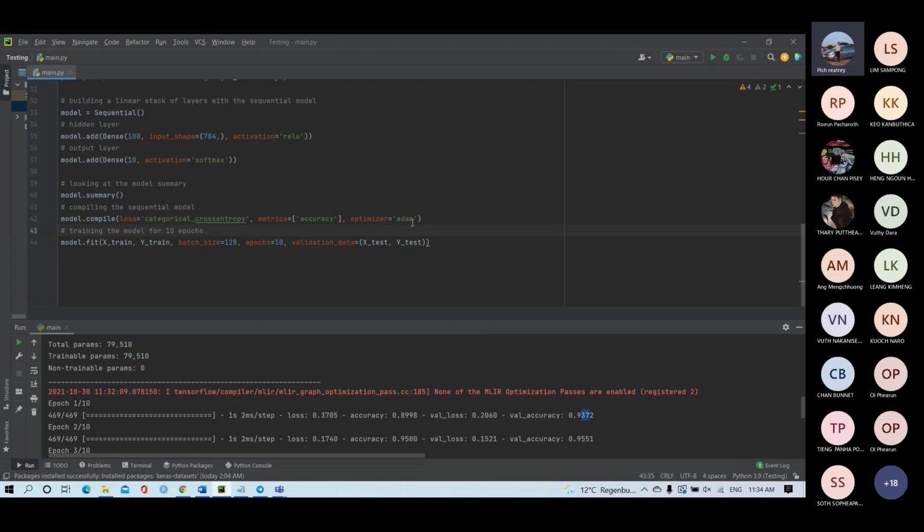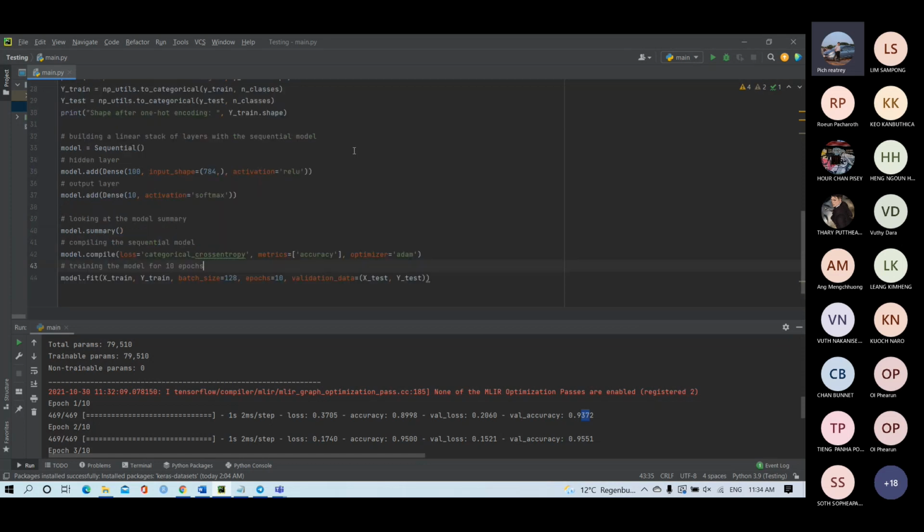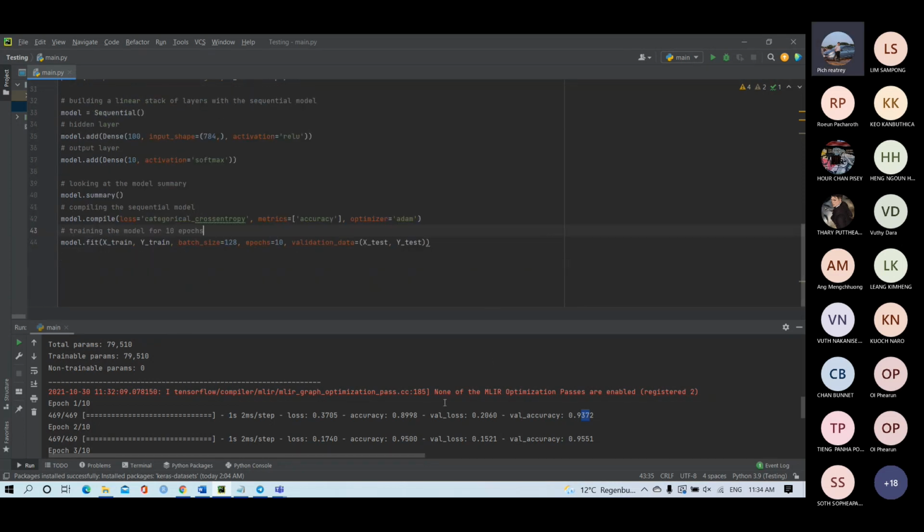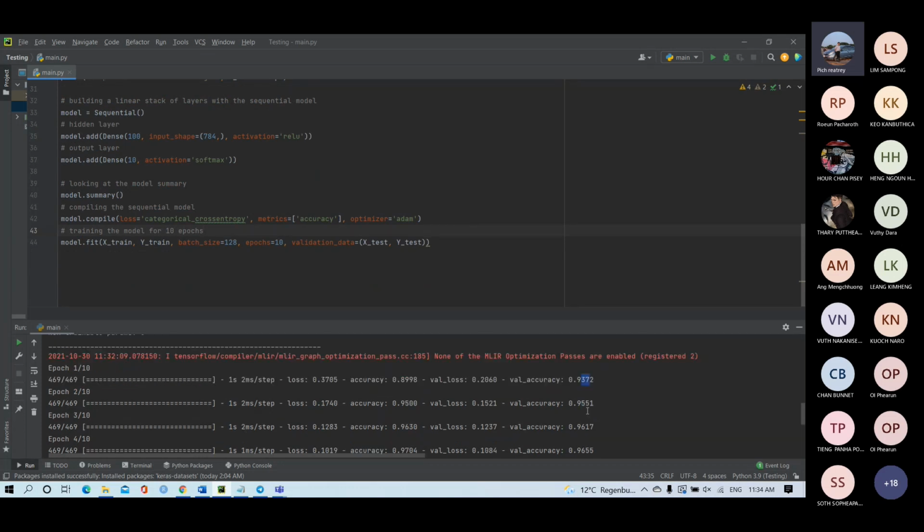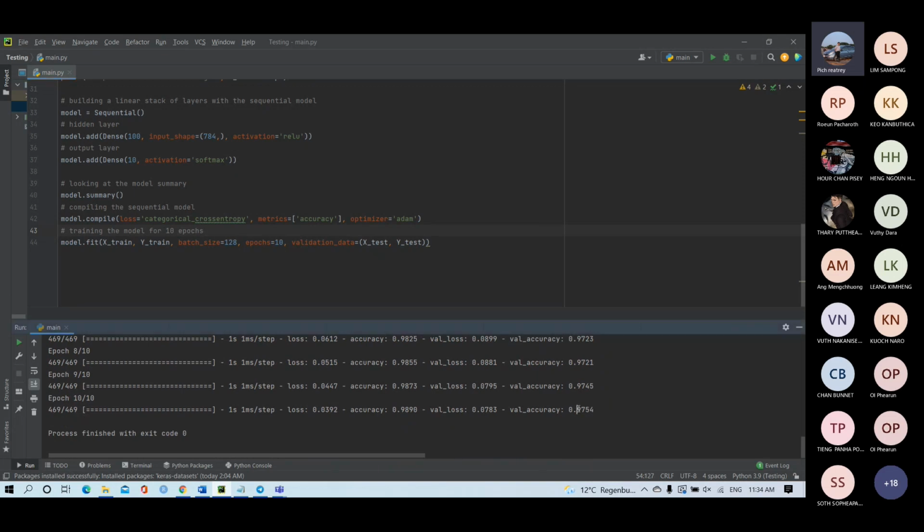In this case, to update the weights, I use Adam. So you can search for Adam in this kind of code, and you will see the full GitHub of their work. The Adam function will update the weights, and then we rerun it again and get a higher value. We rerun again until 10 times. You will see it increases to 97% accuracy. It means that if you have 100 data to predict, your correct predictions are 97 or 98.